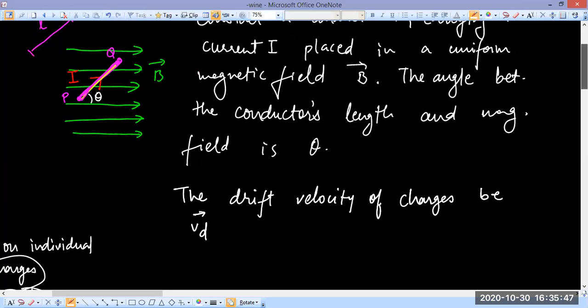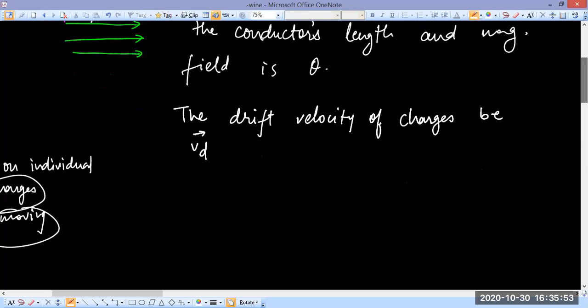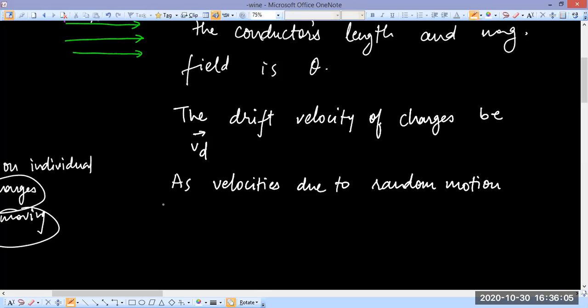So now based on this, we can talk about the force acting on an individual charge, right? As velocities due to random motion average to zero. આનો શું મતલબ થાય? Of course, random motion does not contribute to flow of charge, right? So the velocity due to random motion overall for the entire conductor will give zero, right? So as velocity due to random motion average to zero,